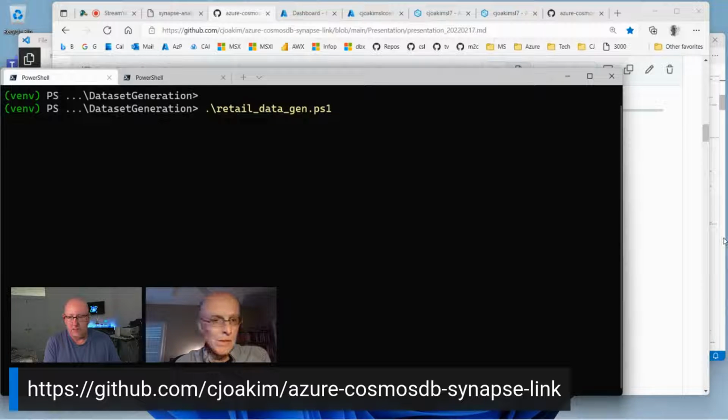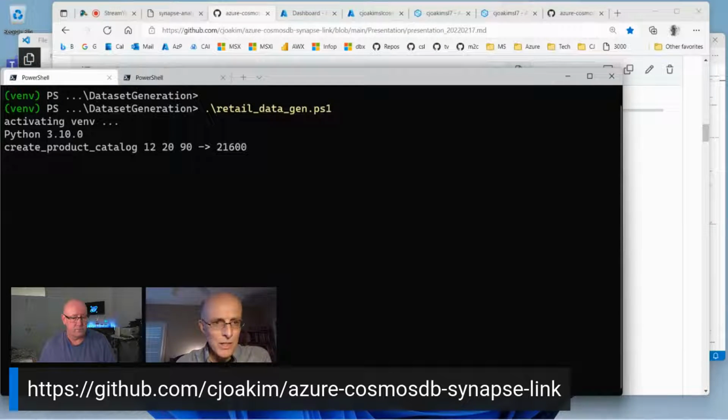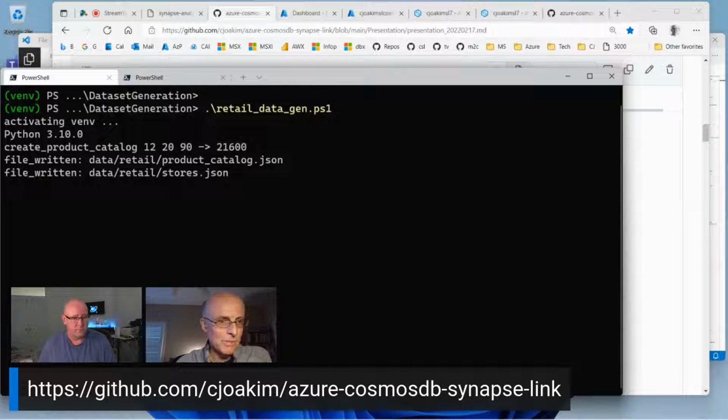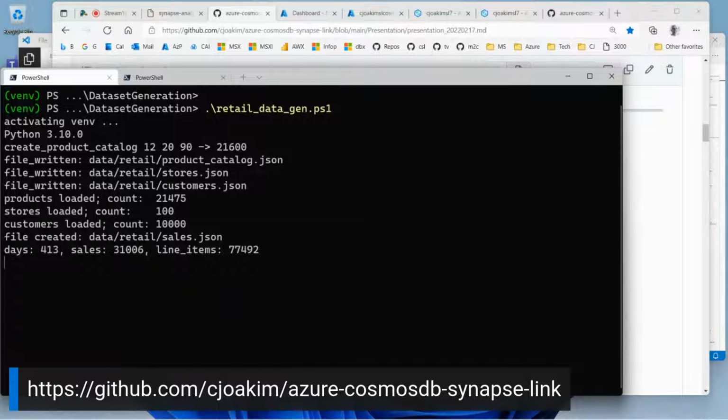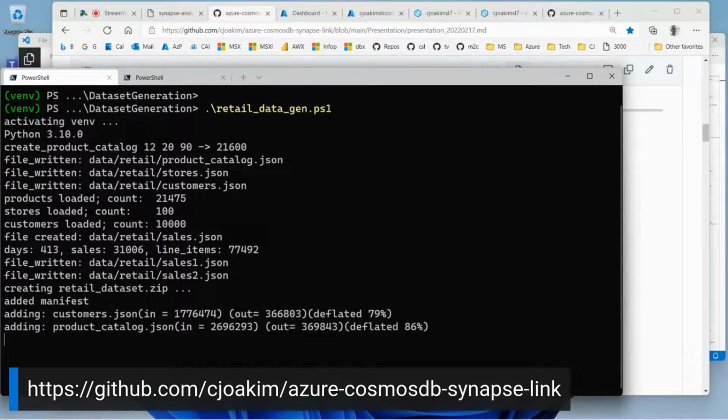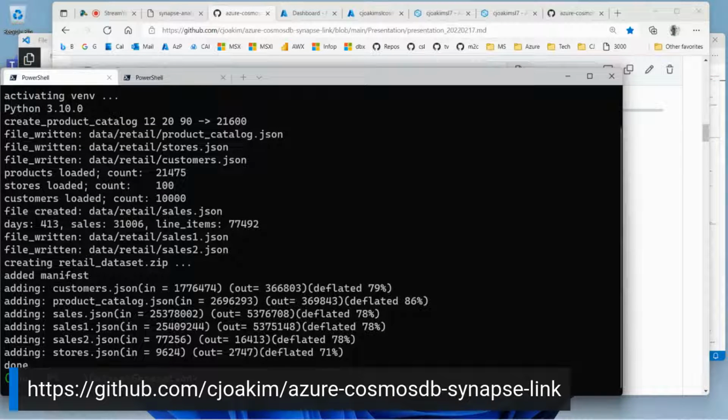All right, I'm just going to run the retail data generation script, and then I'll explain what it did. Again, it's a Python program. Just about done. Okay, cool, it's done. What just happened is that it uses Faker and created a simulated product